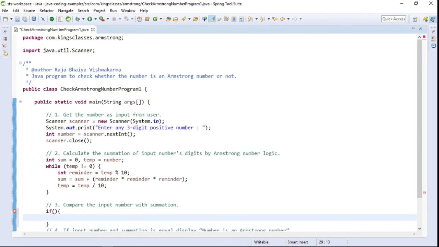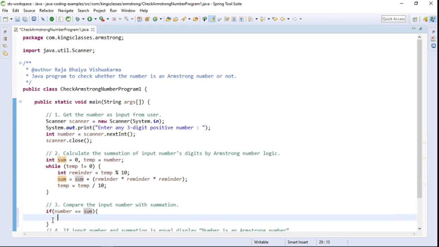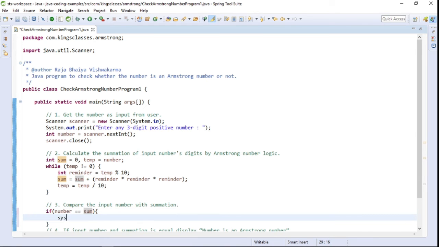For that we will write one if condition, and inside that we check if number is equal to the sum. If the number is equal to the sum, then this condition returns true, and in that case we give the output saying that the number is an Armstrong number.